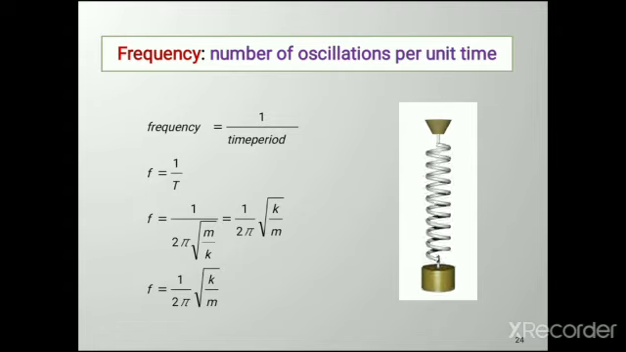Frequency. Number of oscillations per unit time is called as frequency, and we know that frequency is the reciprocal of time period. Hence, f is equal to 1 by T. If you substitute the value of T, you will get f as 1 upon 2 pi square root of k upon m. Remember, frequency is measured